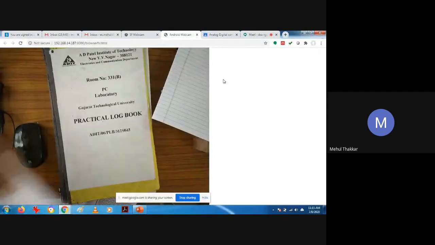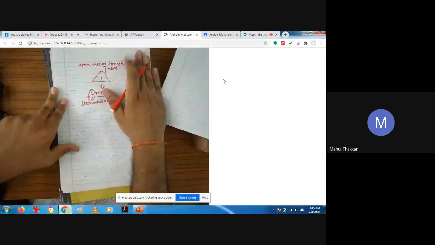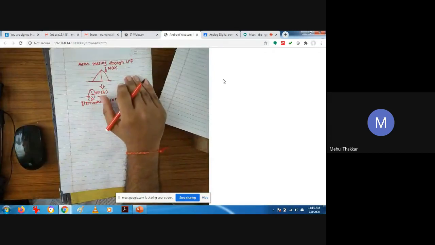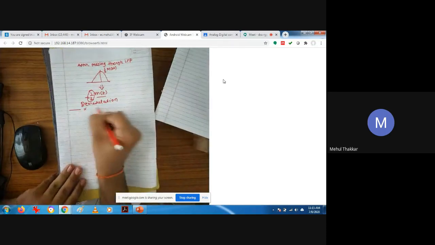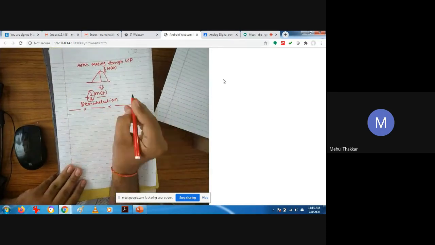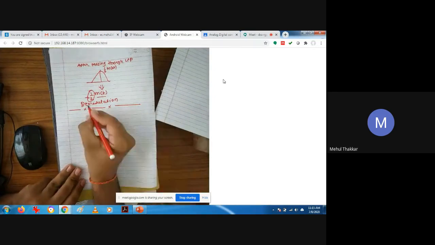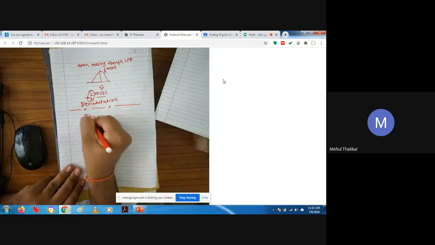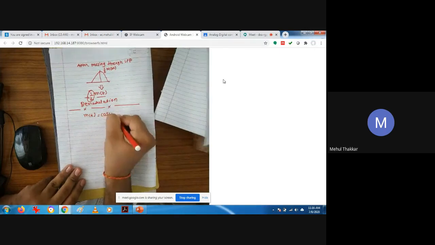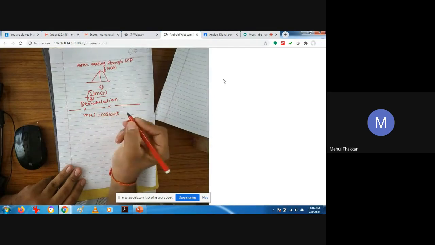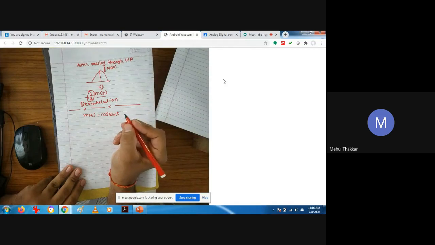Whatever you have studied till date about the Fourier transform, you have to apply this fundamental to solve this. My request is, take note and pen, it will be better for you to answer this, because I am going to ask now. m of t, the message signal which is to be modulated, is given as cos omega mt. For this signal, first of all, find the Fourier transform.